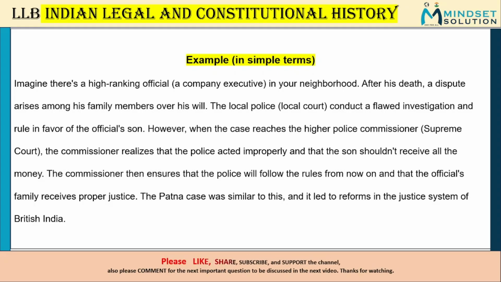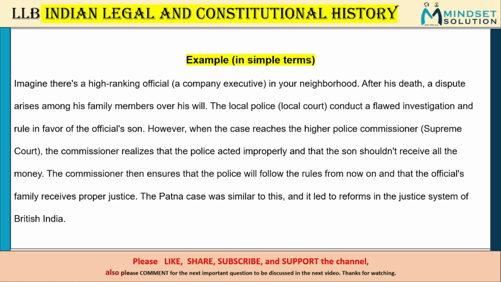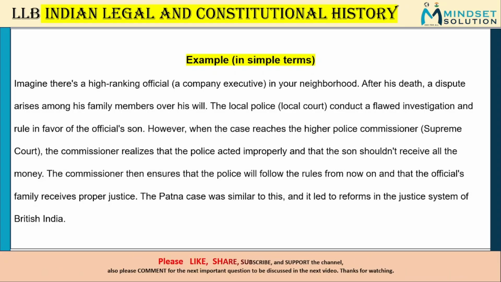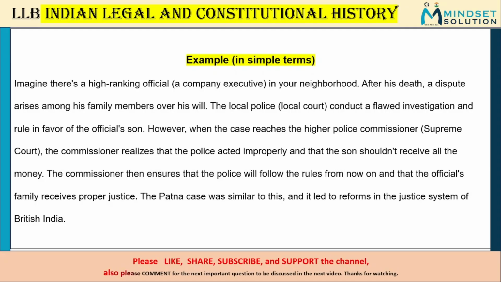Now we will see the examples. So, an example in simple terms, I'm just going to explain. Imagine there is a high ranking official, a company executive, in your neighborhood. After his death, a dispute arises among his family members over his will. The local police, that is, the local court, this means local court, conduct a flawed investigation